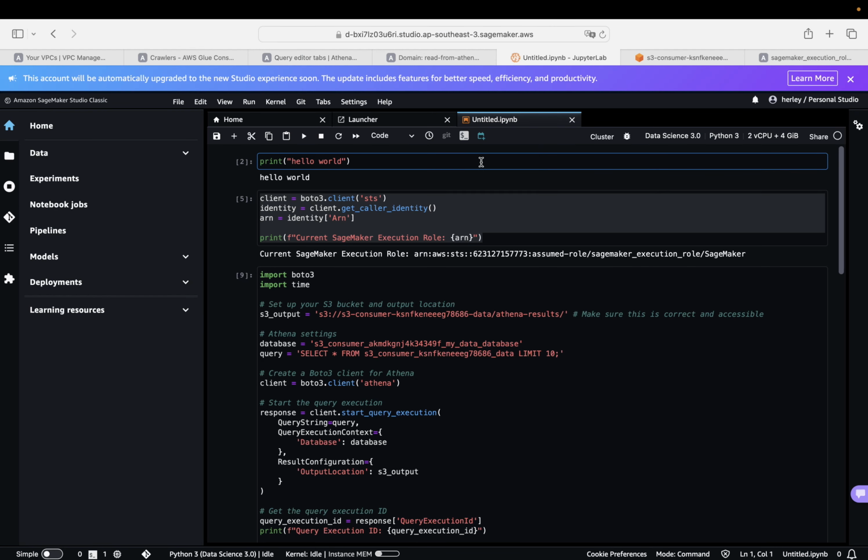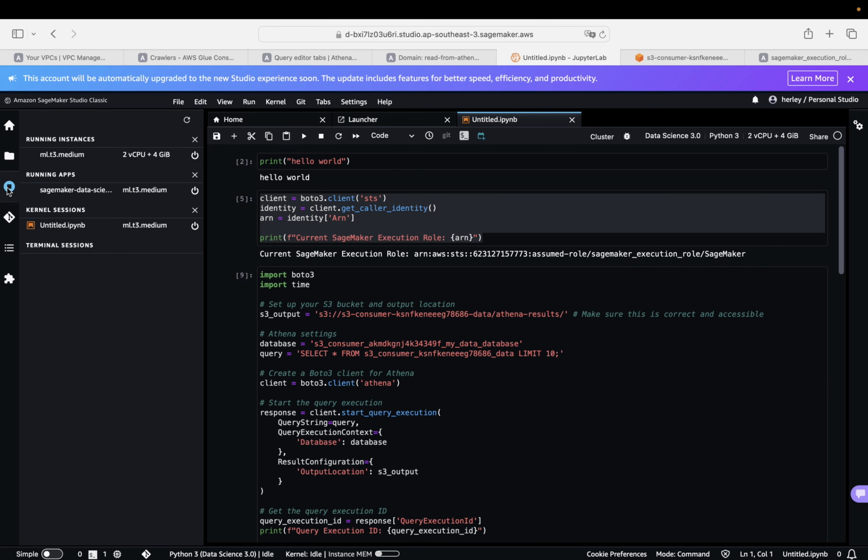If you are inside this SageMaker Studio, you need to test whether this studio setup is running well or not. If you click this button for running terminals and kernels, you see that there are running apps and running instances, and you need to use these running instances to run a simple hello world script. When I run this command, hello world, it succeeded. So I conclude this SageMaker setup succeeded.